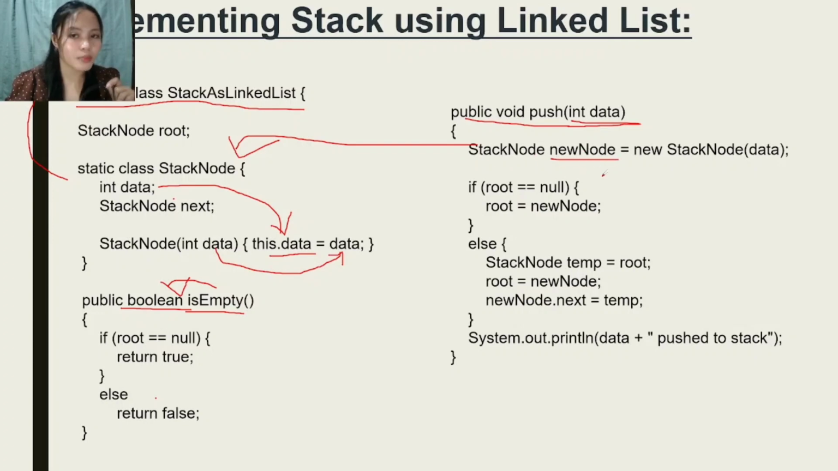So in our push method, first we will check if the root is empty. In the if statement, if root is equal to null, or if the root is empty, root is equal to newNode. Our root will be the new node, right? That is if the root is empty. Else, if the root is not equal to null, or it is not empty,